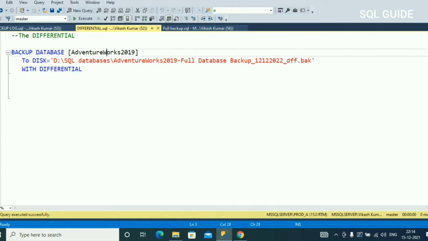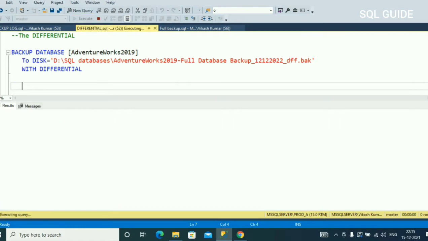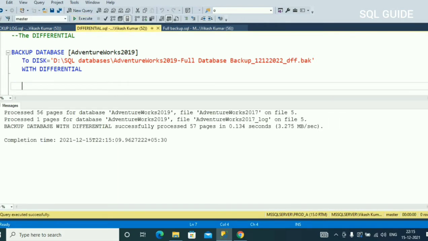BACKUP DATABASE database name TO DISK WITH DIFFERENTIAL, and it will take a differential backup of the database. Let's run and see how it will work. You can see the backup database with differential successfully completed.